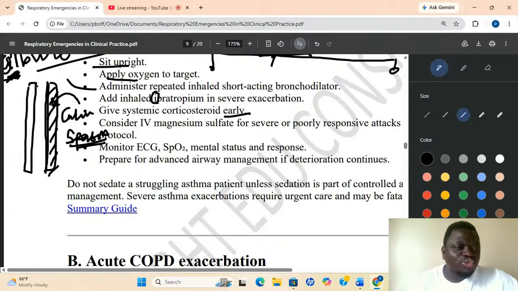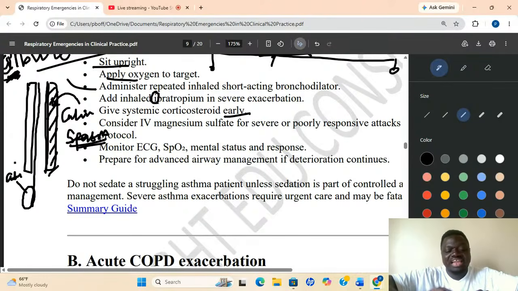How about hydrocortisone, the steroids, methylprednisolone, and all those ones? What are they coming to do? They are coming to the lining, the carpet. We call it the mucosa. Under this mucosa, there are mucous membranes. They call it the goblet cells. They are like pots. They are holding the mucus, the phlegms.